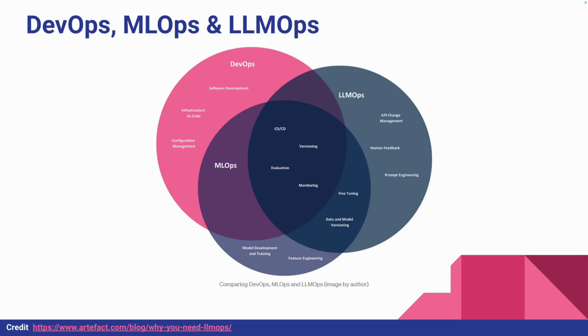Between MLOps and LLMOps, there are a few more similarities. For example, you do fine tuning of models, and you do data versioning and model versioning. This is applicable in both spaces. There are certain things that are very specific to LLMs as well. One thing that you see here is API change management. Let's say you are using LLM APIs, for example, Azure OpenAI APIs, for your LLM functionality. You need to be able to continuously monitor for changes in the APIs and make adjustments